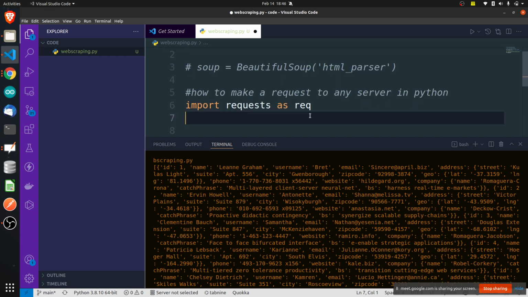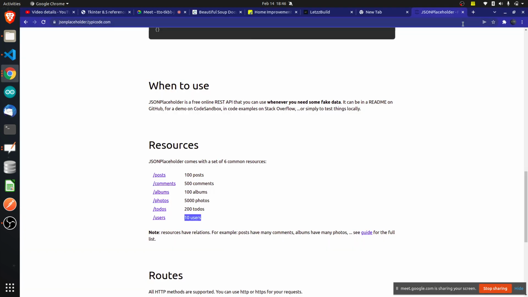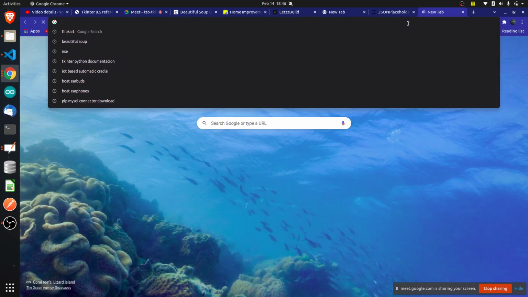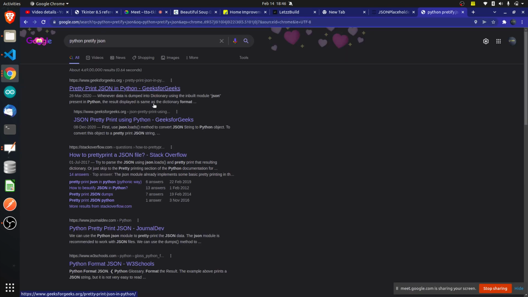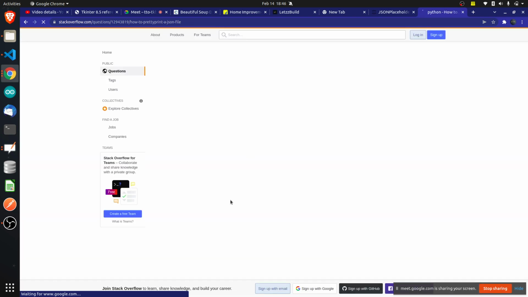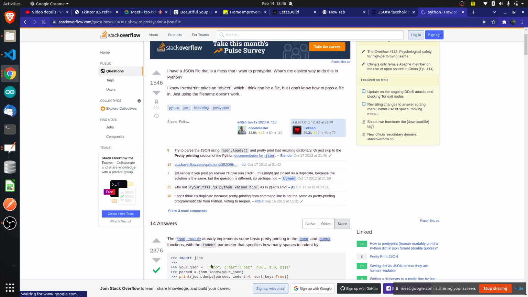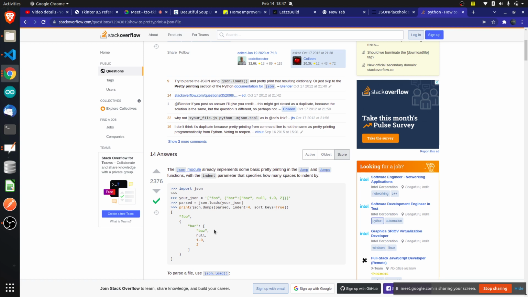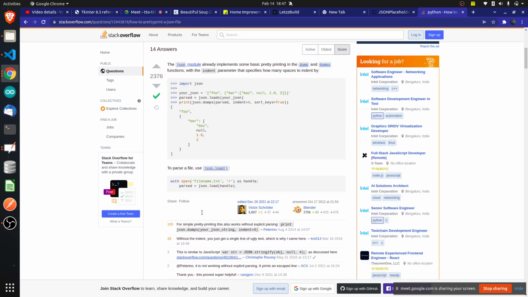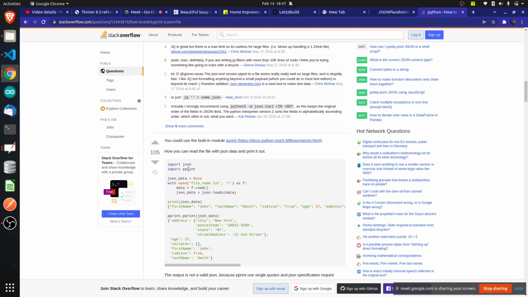There is one function, I think, pprint, to prettify. How to prettify JSON in Python? I want to see how to make it look good. There is a module, I think, pprint, and the JSON module can be used too.